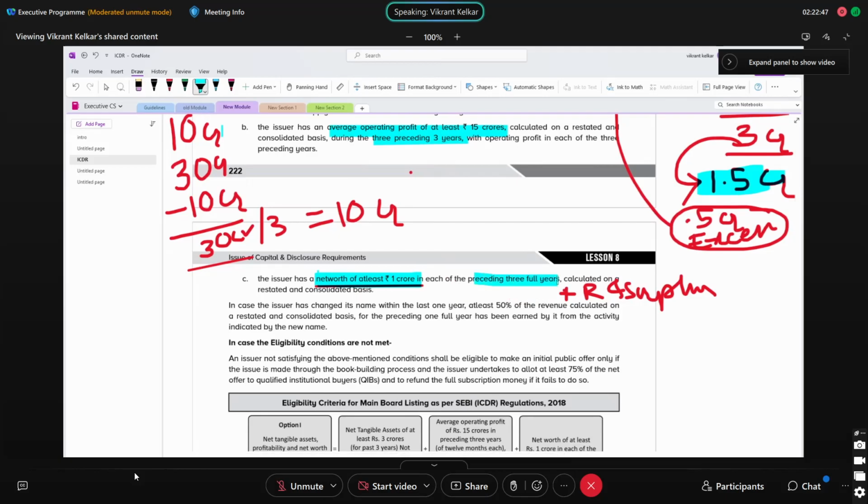Now again the twist is: for each of the preceding 3 full years. Every story starts with what? Either taking average of 3 full years or considering 3 years of functionality. So what do you mean by that? What do you understand from this? That new companies are not able to raise funds through IPO on the Indian stock exchange. Understood? A new company that has just been started is not allowed to do this. Sanjay, are you getting the point? Because what you have to prove is that you have to show that in 3 years our average is this much, in 3 years our net worth is this much,